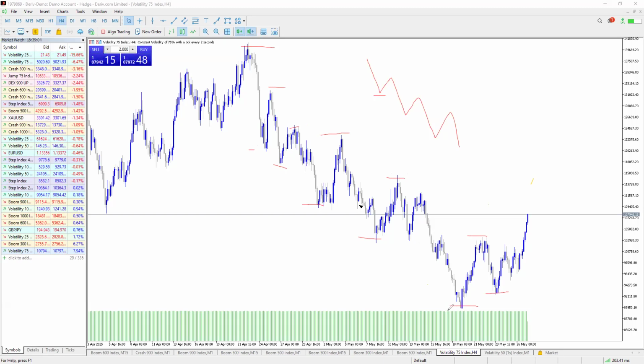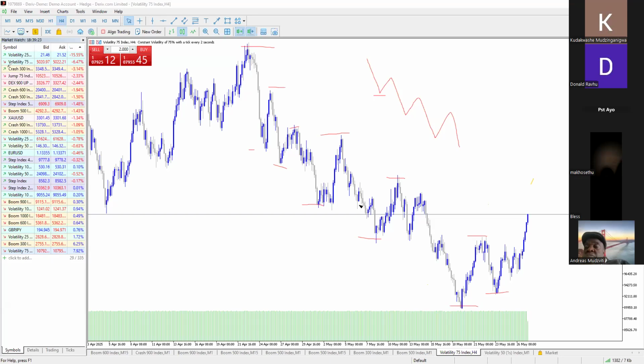Now, what does market structure say? Market structure says, let me now share my whiteboard. What does market structure say? Market structure says, when we are in a downtrend, okay, use classic. When we are in a downtrend, we expect to have